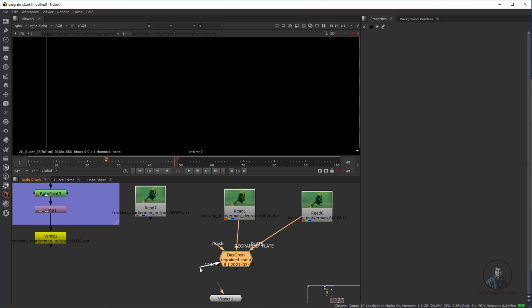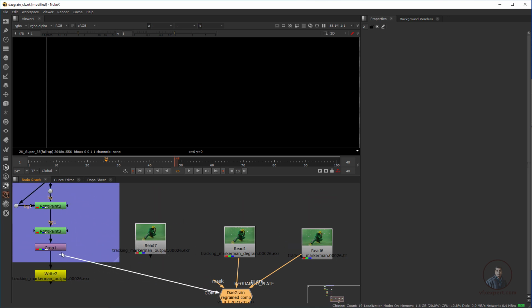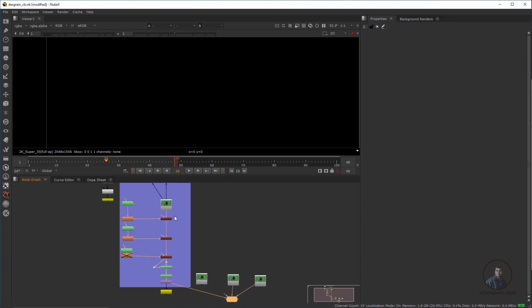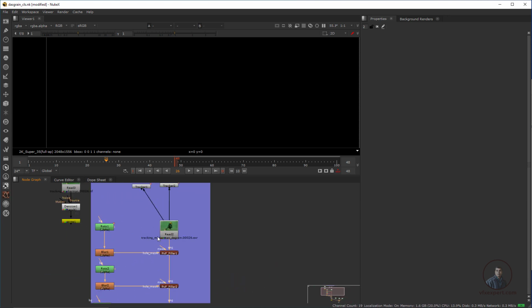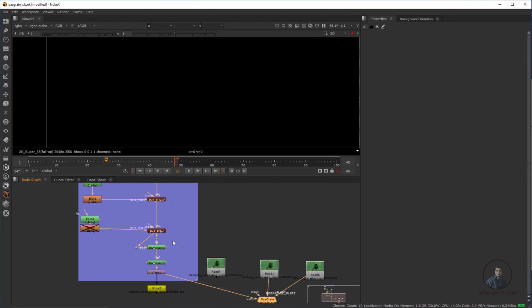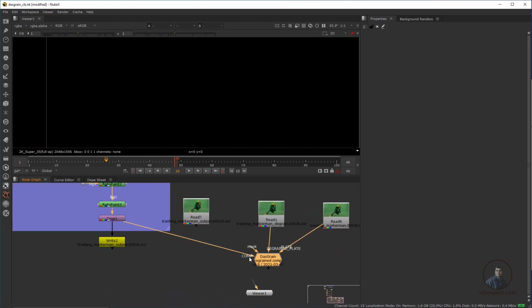Then the comp input. If you want, you can directly connect the comp input with this cleanup comp, or whatever cleanup work you have done here. You can see all this work I have done here. Simply connect this comp input with your cleanup work, or if you have exported your output from this cleanup work, you can also connect this output file.